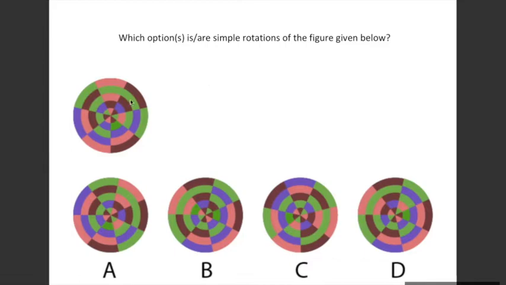Just a suggestion, how you should go about this kind of question. You can also take another method, which is a possibility. For me, a simple method is that wherever I find a big ring, I will take that first. So I will take this pie, and corresponding to it, I'll take this pie. I will compare these three first, then eliminate a few of the options, and then cross check which of the remaining options are possible or not possible.